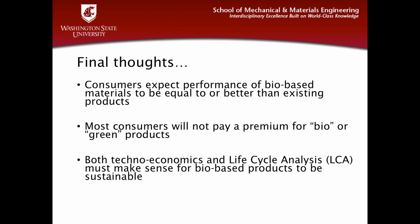And lastly, the techno-economics and life cycle analysis of these bio-based materials has to be beneficial in both regards. You can have a green product that is very sustainable, but if it costs too much, it'll never see the market. And conversely, there can be bio-based materials that, in order to convert them into a usable form, require more energy or use harsher chemicals than the existing products, and so can actually cause more damage to the environment. And so when we're making these bio-based polymers, we have to make them in such a way that it is still